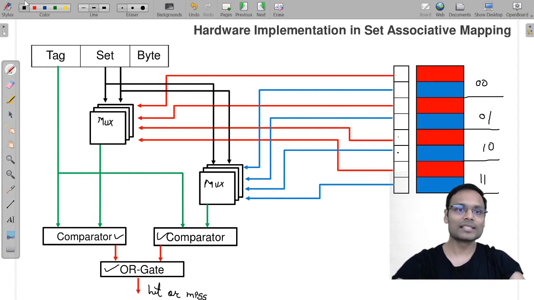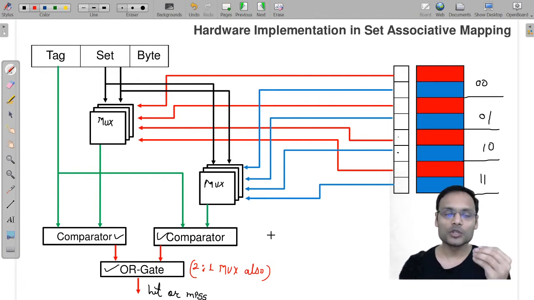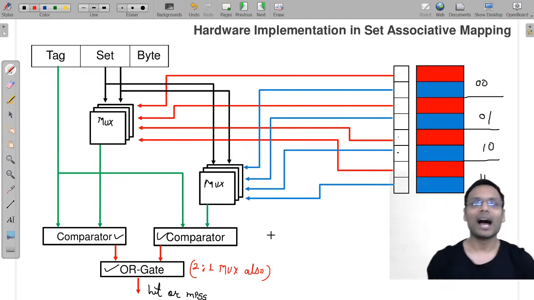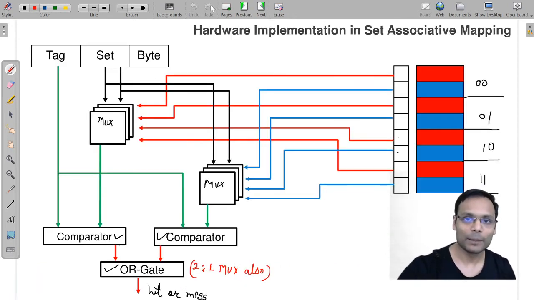And sometimes in some implementations, this OR gate is implemented using a 2:1 mux also. कभी कभी ये जो OR gate है ये 2:1 mux की help से भी implement हो सकता है, याद रख सकते हो। How? एक बार online पे देखो, how to implement OR gate using 2:1 mux, आपको बहुत आसानी से समझ में आ जाएगा। Okay, अभी तो बाद में बात करेंगे।